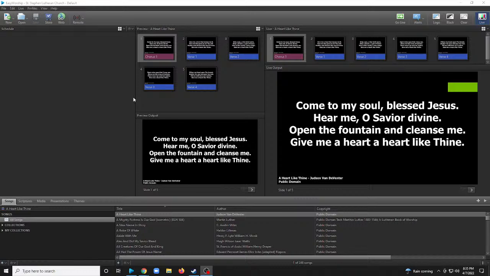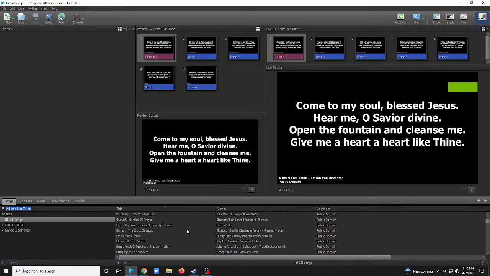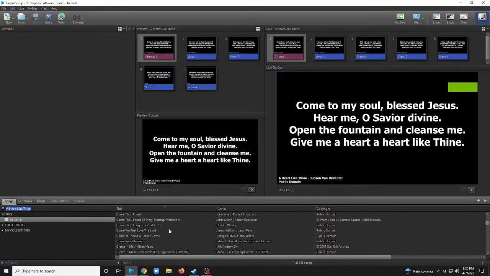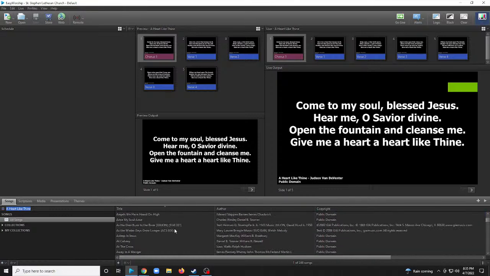If you keep the demo software in there, I think there is a way you can actually remove it. Yeah, you can remove the demo data. You can keep that in there because it actually has quite a few different themes and songs and stuff like that. So you can kind of keep a lot of that in there. If you don't want to, you don't have to. You can actually remove it, and it might make it a little bit easier to find some of the